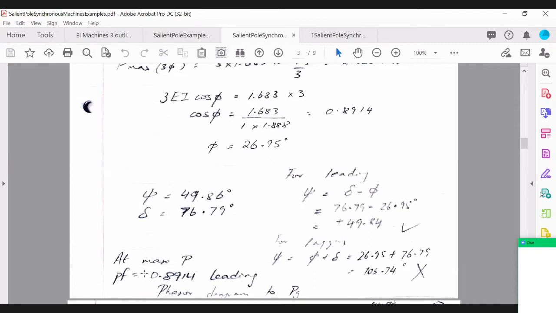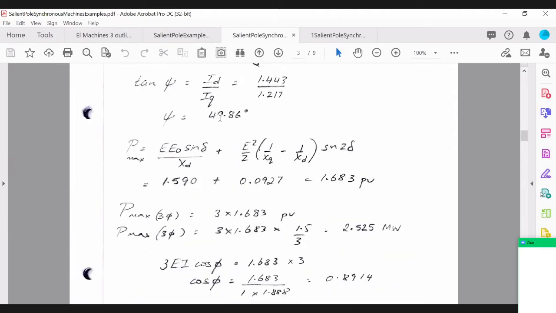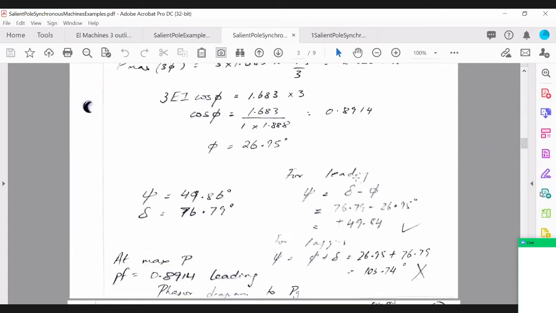With the equation that we are using here, where phi is equal to 49.86, there are two possible solutions. If the generator was operating at leading power factor, when you take delta minus phi, you're getting 49.84. If it was operating at lagging power factor, if you add the two angles, phi plus delta is giving you